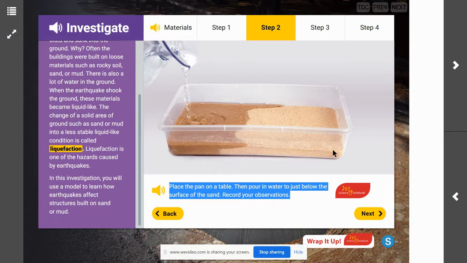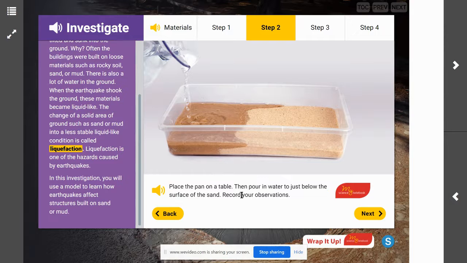In all areas so that there's not too much water at one side, okay? When you do this, remember, you do not want water on top of the sand. It should be just below the surface. And then what does it look like? What do you notice here? Again, you can give that thing a quick little side-to-side shake just so that everything stays level and kind